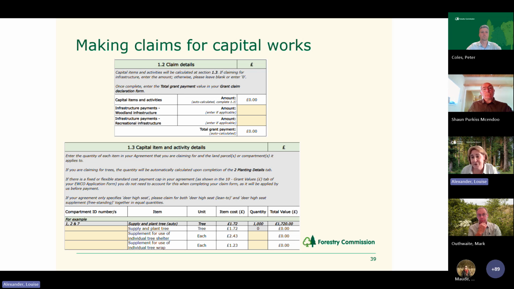So for infrastructure costs, we do need to see those receipts. Again, receipts, invoices, and photos. If the information isn't available, you must fill in, sign, and submit an EWCO evidence declaration form just to explain why you don't have those receipts available.